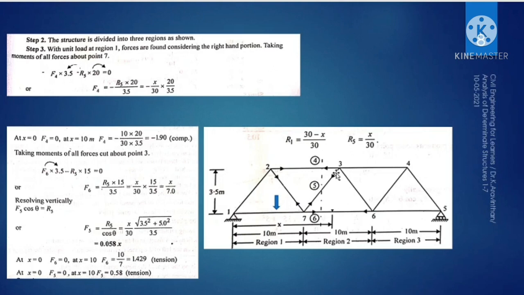The remaining members are along the joint. In this joint you can see 1, 2, 3, 4 members. All 4 members are connected to this joint, so you cannot take moment for them. Only the rest of the member, which is F4, can be considered, and on the right hand side, R5 is there. The remaining we cannot consider. When resolving this, you can take F4 to one side and R5 to the other. You know R5 is x by L, so we have found R5.